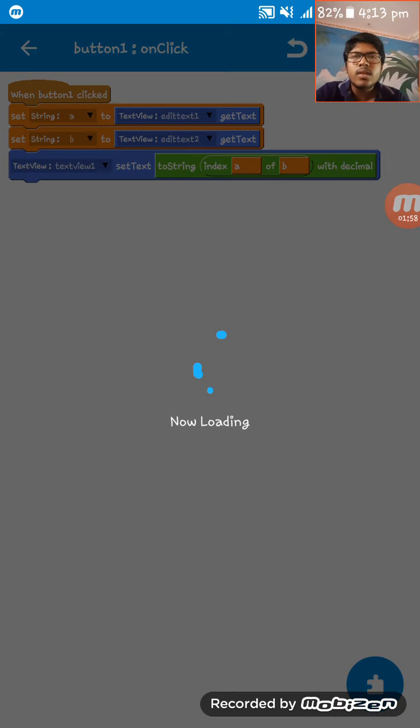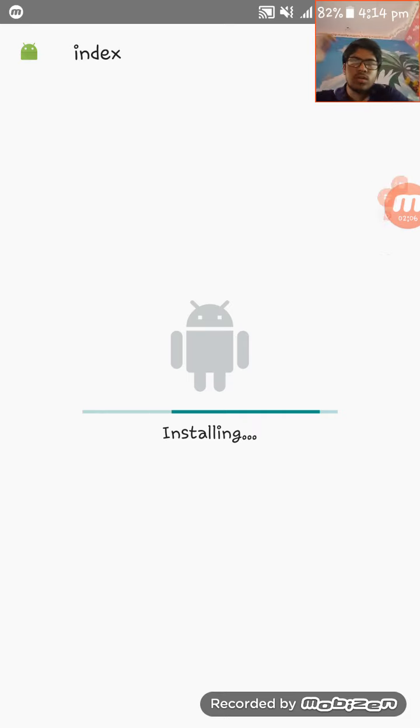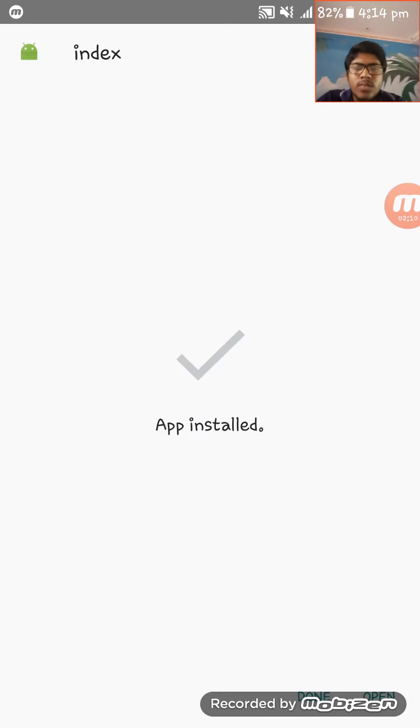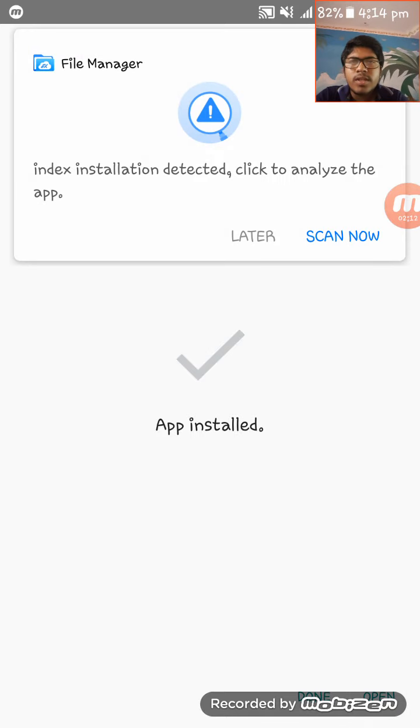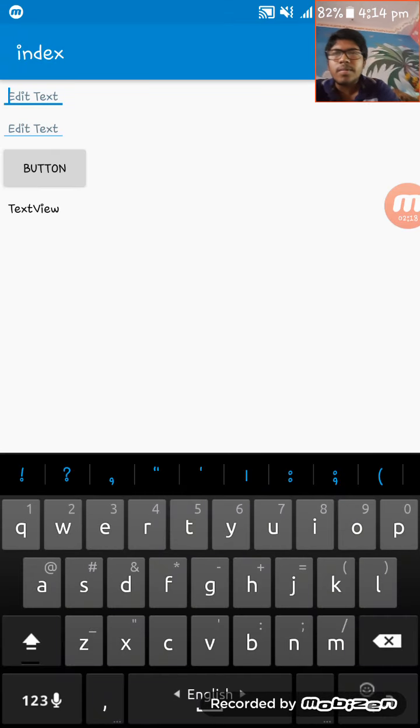Okay, now we have to run the app. Just wait a while till the app runs, and now you see the app is installing. The app is installed. Now I'm opening the app. Here you see. Now if I tap here,